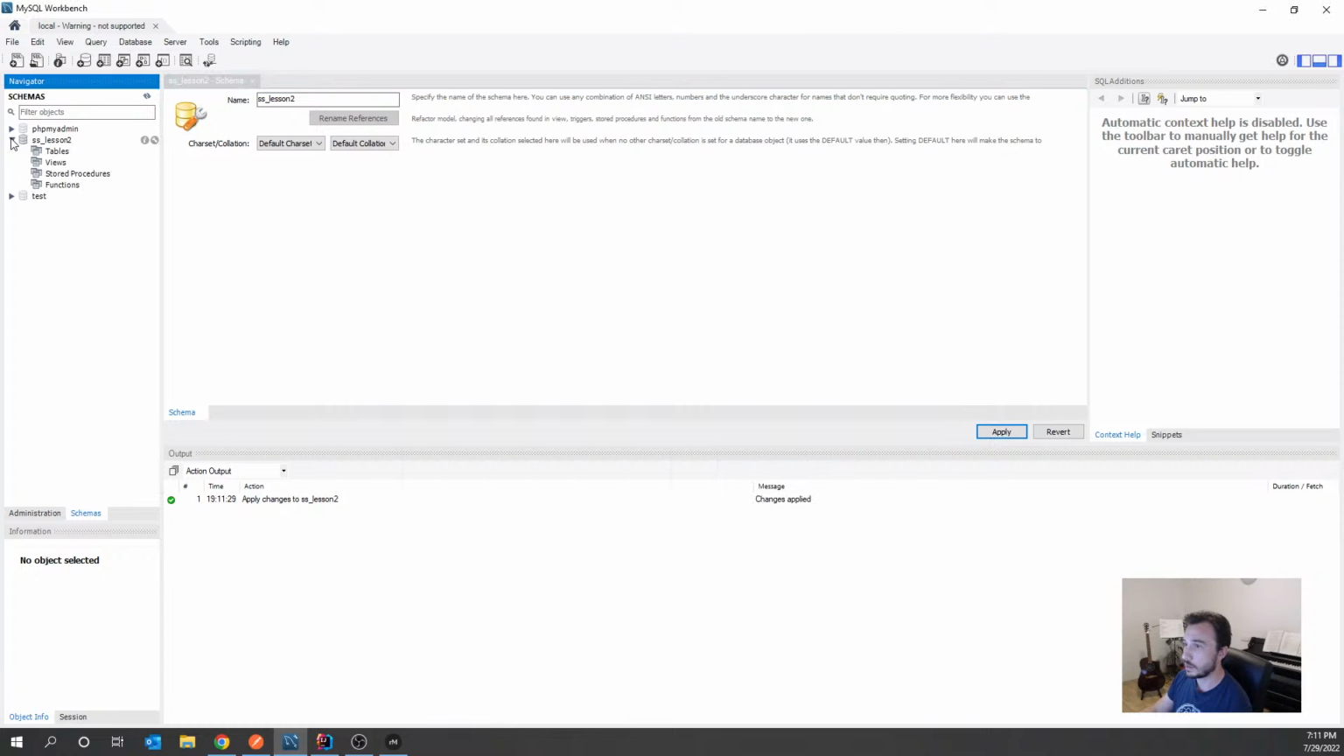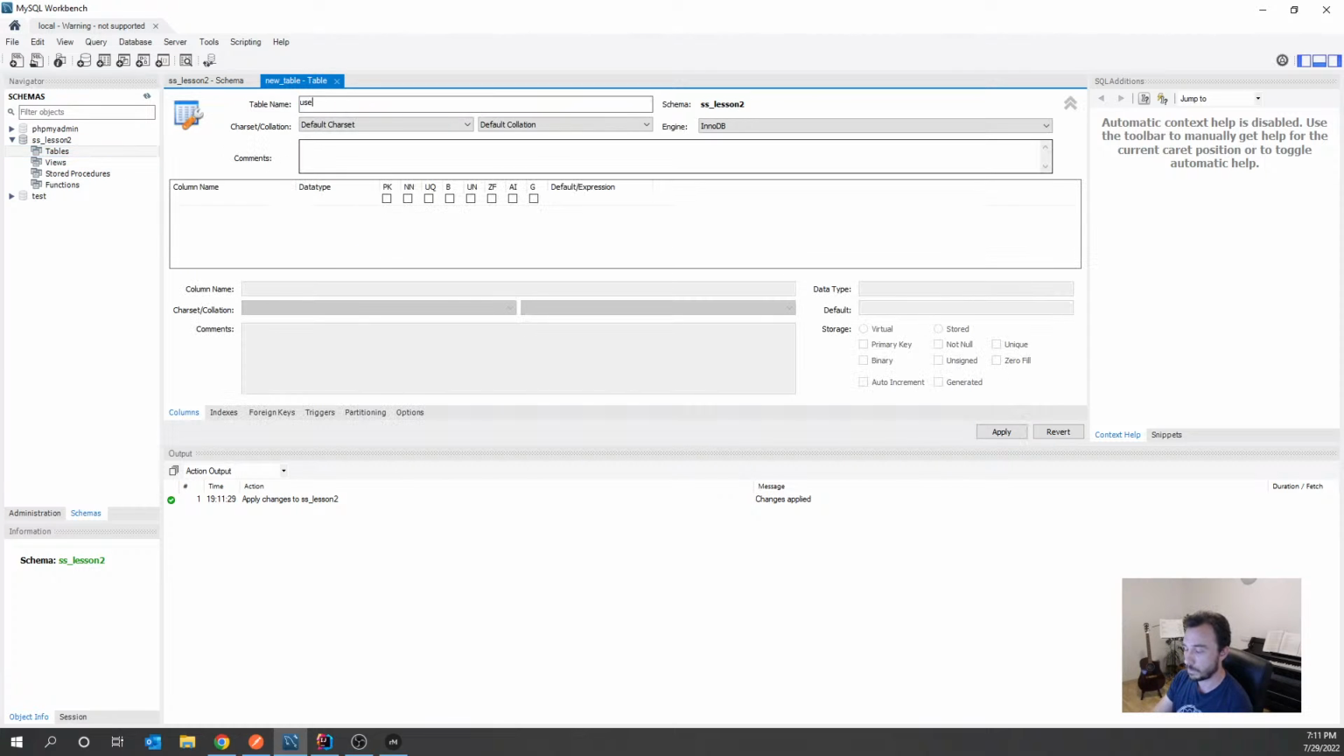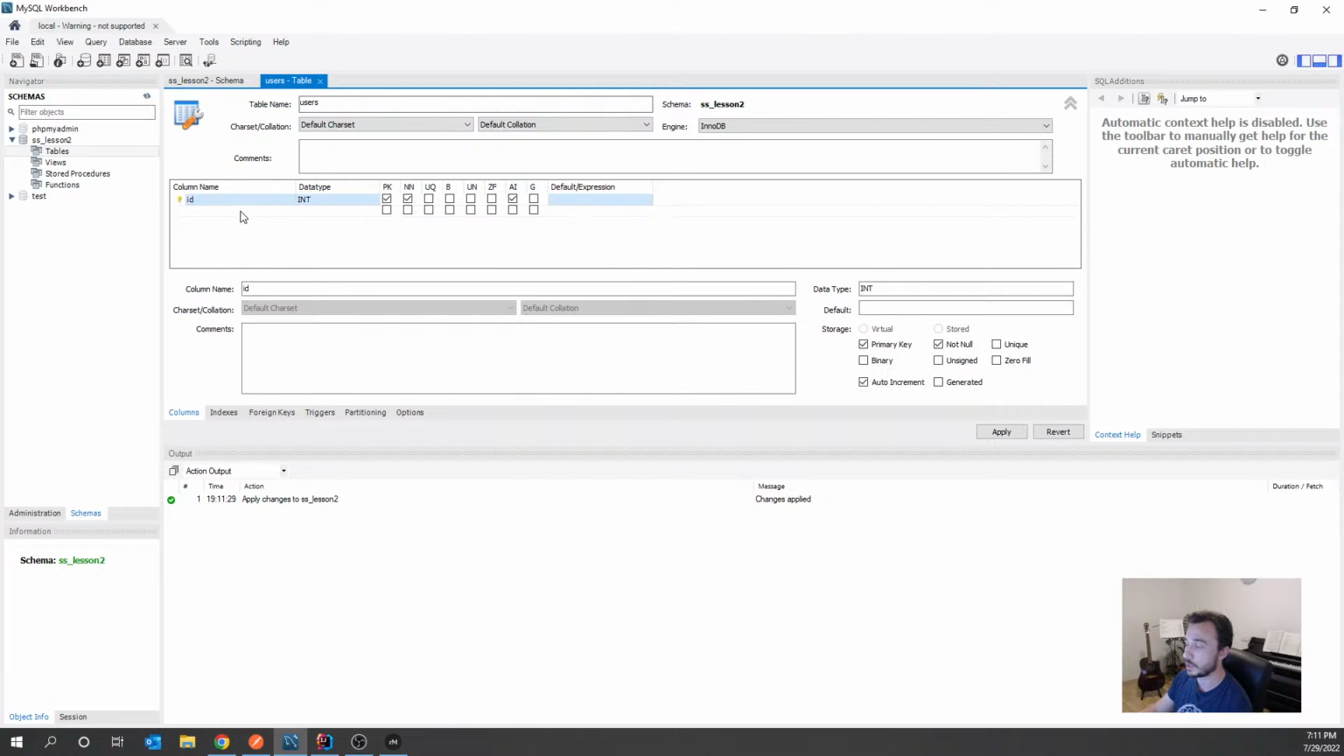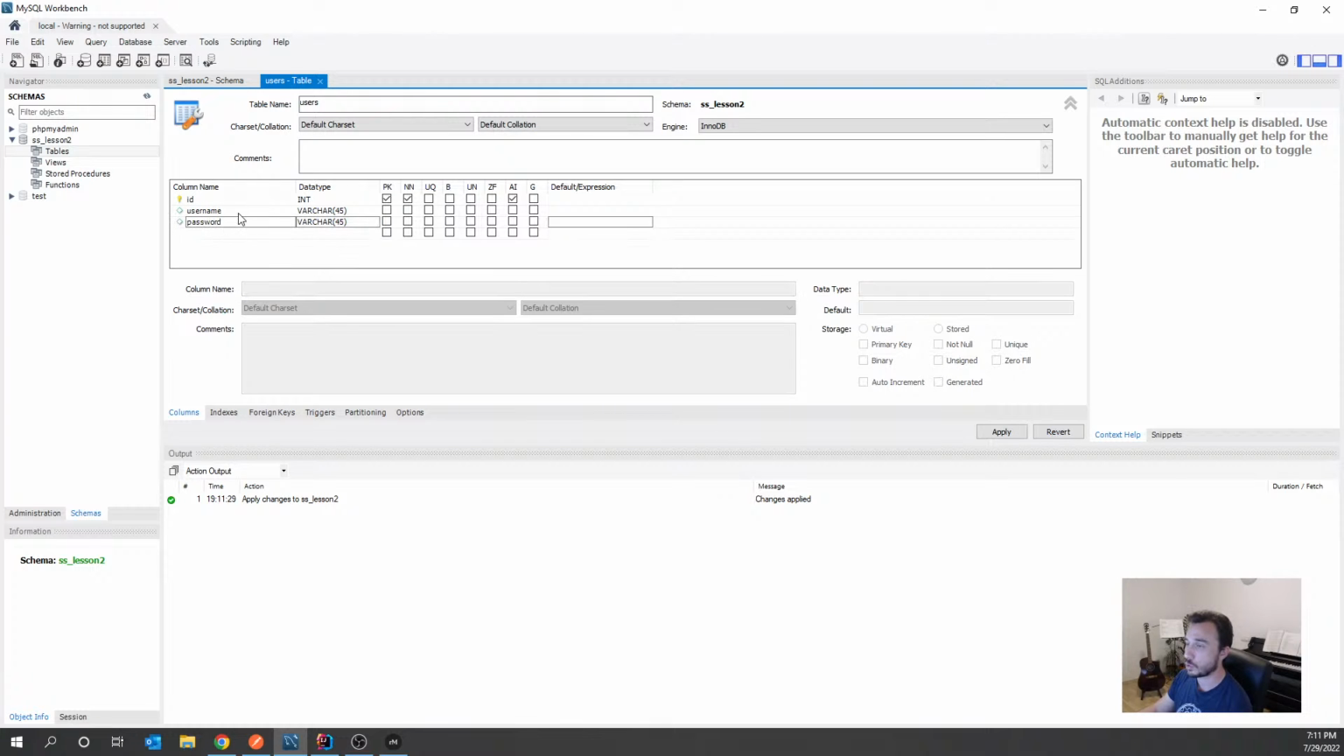and inside this schema I will create a table users, and for simplicity I will just have an ID, which will be an auto incremented primary key, a username, and for the moment, again, to make things simple, I will just store the password in plain text, but later on in the next lessons, I will make sure that